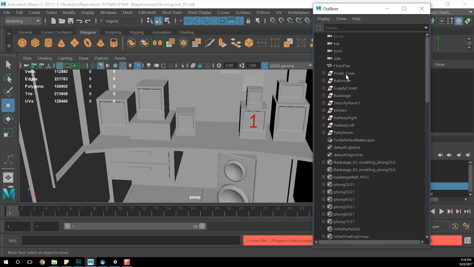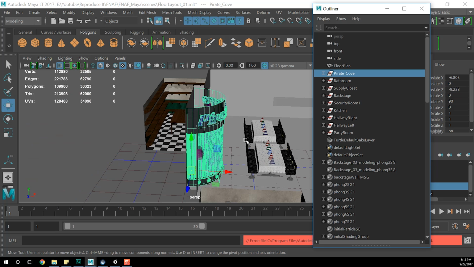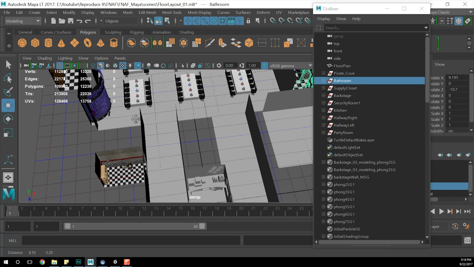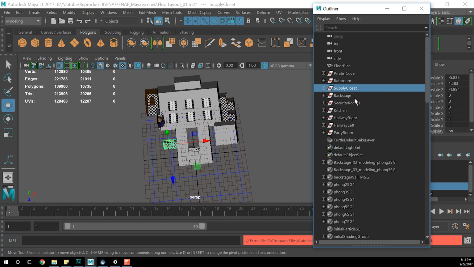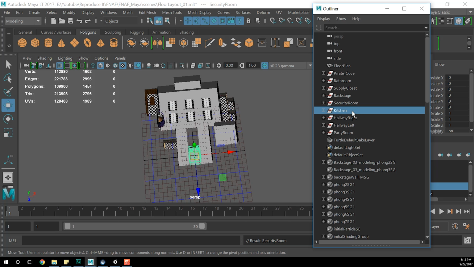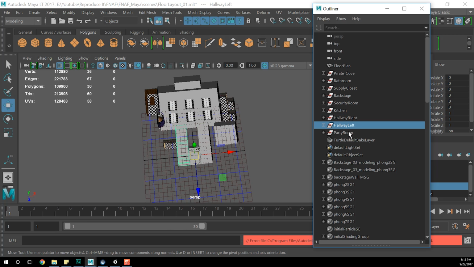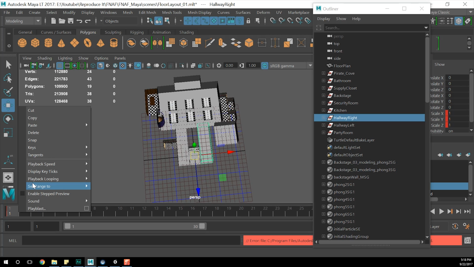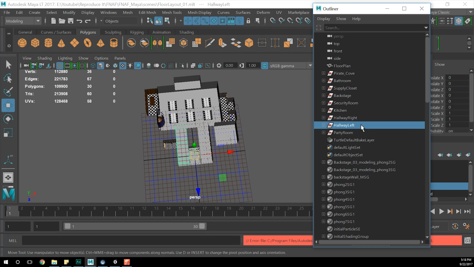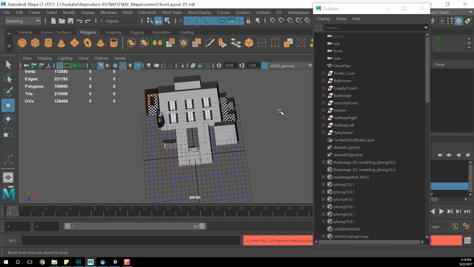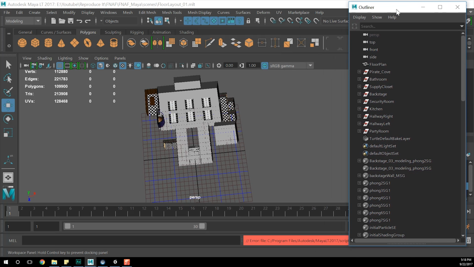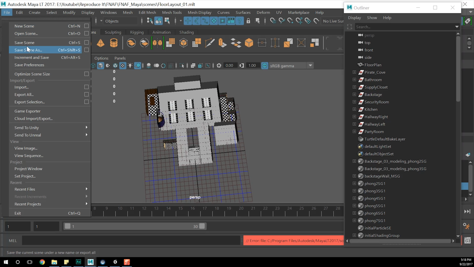So now we should just have the individual elements. We have Pirate's Cove, we have the bathroom, supply closet, backstage, security room, which can now be named just security room, kitchen, hallway, and these are animated. Let's get rid of that. Delete, save, hallway left, party room as well, and we're good to go. All right, great. So let's go ahead and save the scene, and let's begin exporting these different assets out into